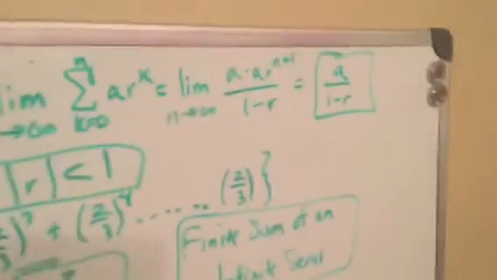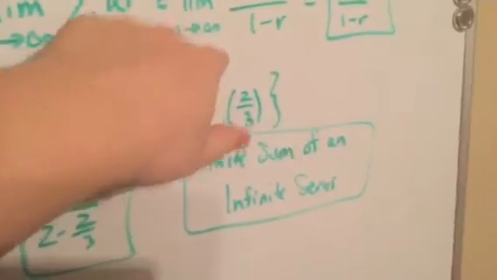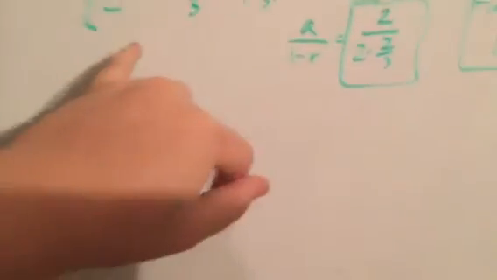And a over 1 minus r is pretty much a broken down version of a minus a times r to the n plus 1 over 1 minus r. So a being 2, and r being our,